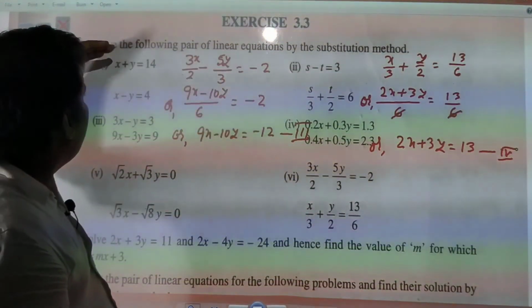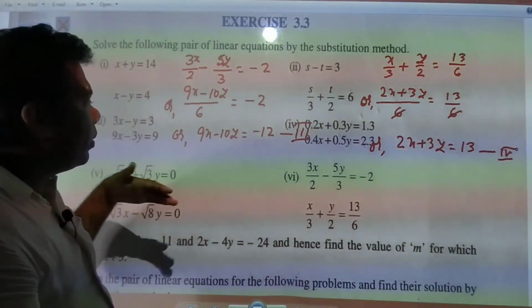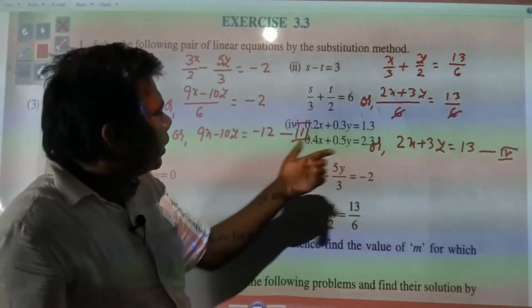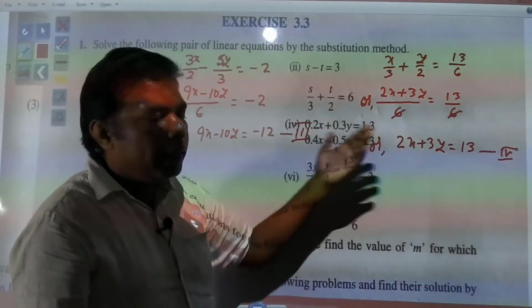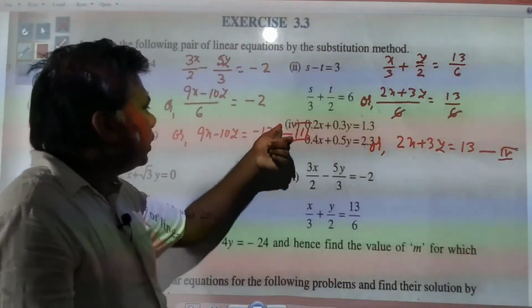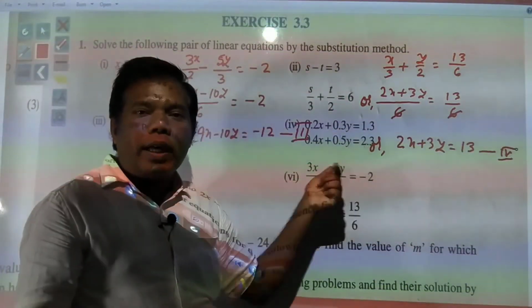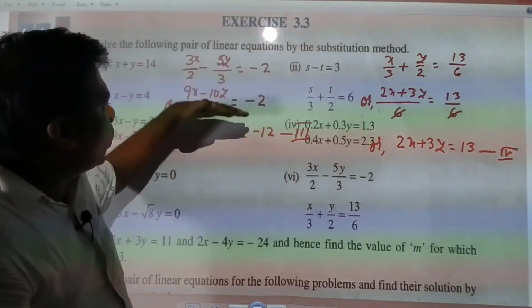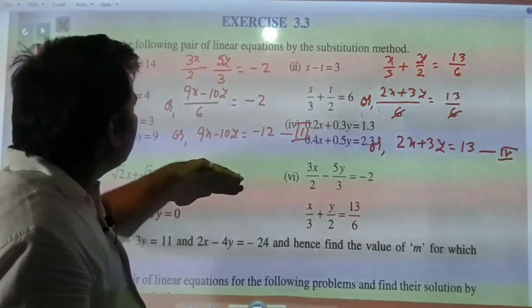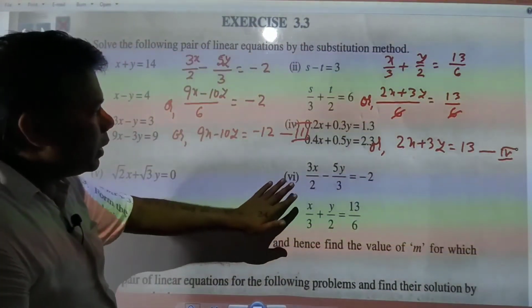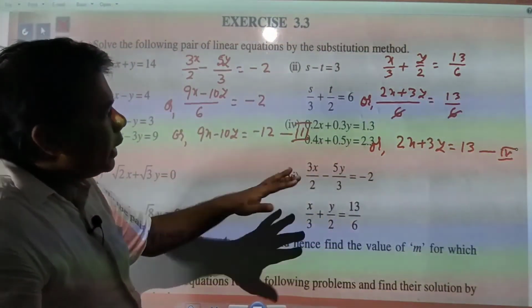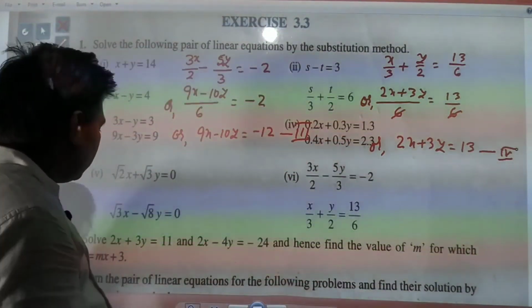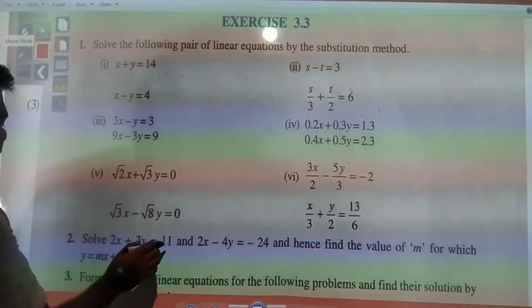Now what method we have applied in question number 1, 2, 3, 4, 5, the same thing is required to be done. I hope you will be able to do it. Just find out y first and then you substitute in any equation. Suppose here you find out y and then you substitute over here. In any equation it can be done, and try to do it. So you note this down properly, and then, as we have done in question number 1, 2, 3, 4, 5, 6, in the same way you find out y first and then you substitute in any equation, you will find out x. Next question we will see.